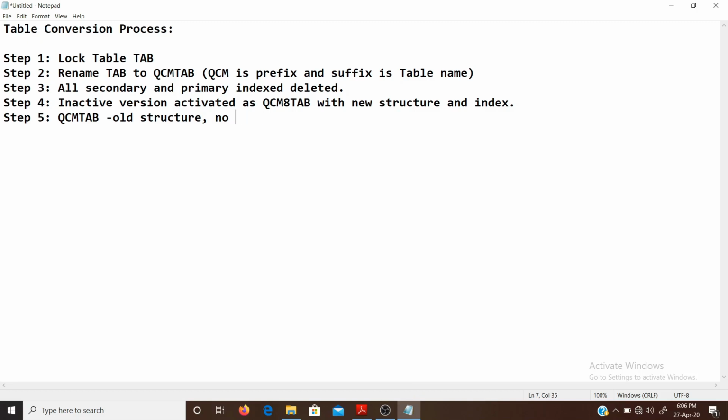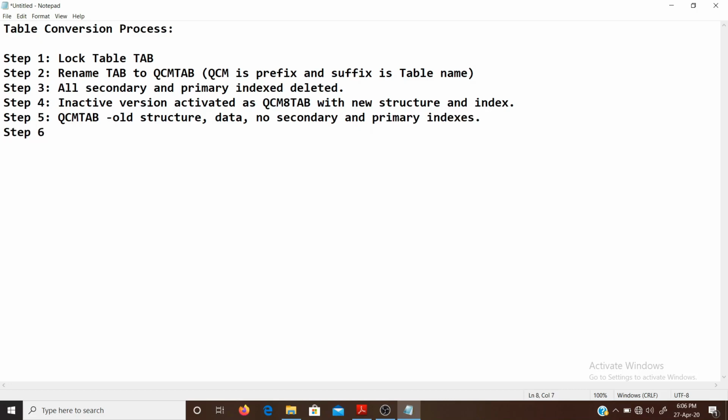This is an old structure, so data would be there. Data is there, but no secondary key and primary index.